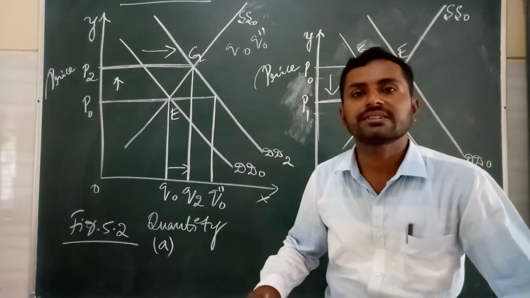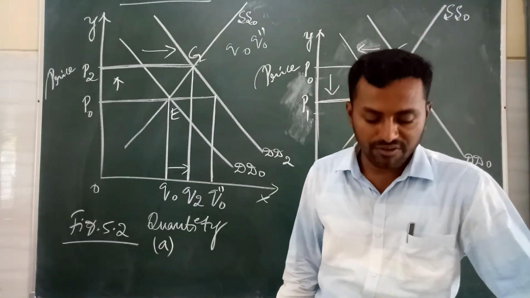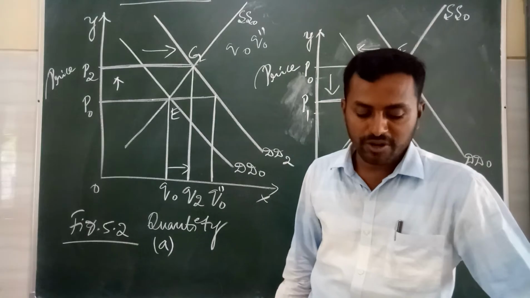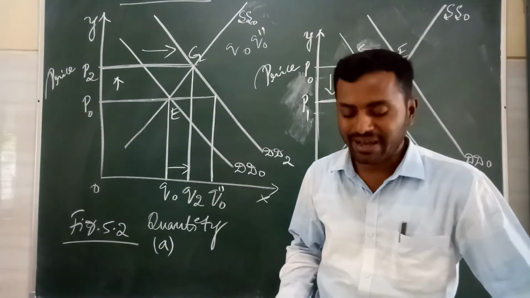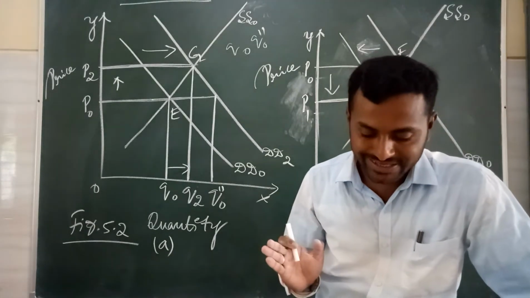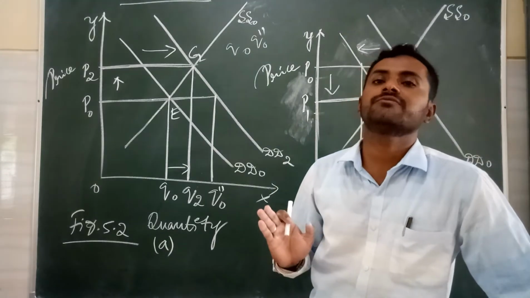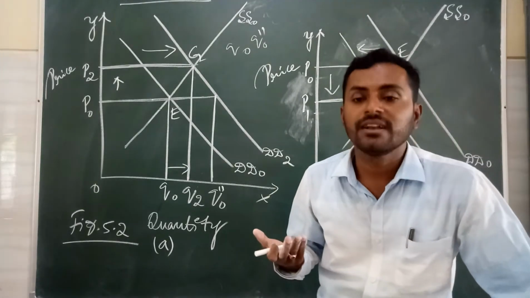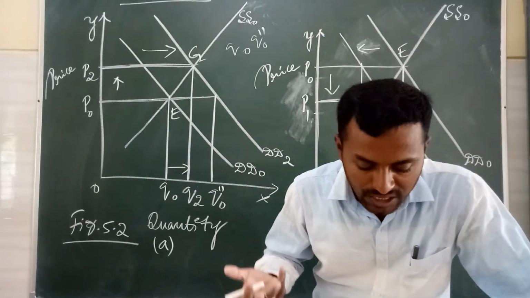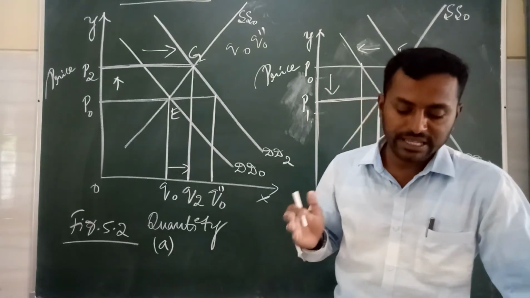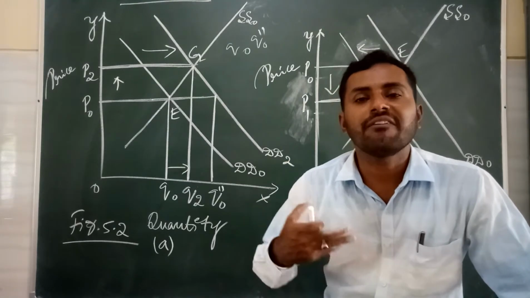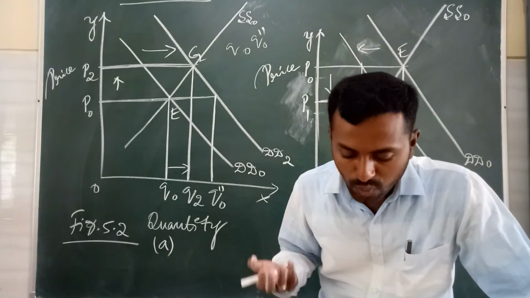In the above section, we discussed market equilibrium under the assumption that the tastes and preferences of the consumer, income of the consumer, prices of related commodities, technology, size of the market, and prices of the inputs used in production remain constant. However, if one or more of these variables or factors change, either the supply or demand curve or both curves may shift, thereby affecting the equilibrium price and quantity.